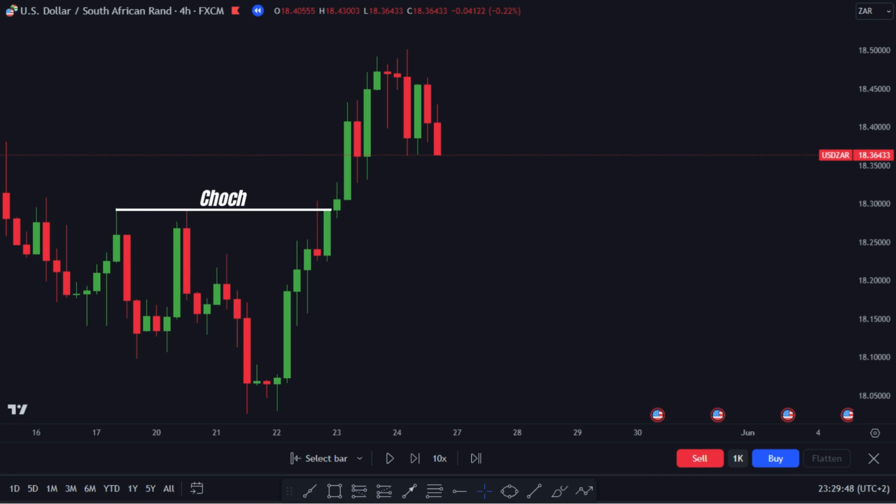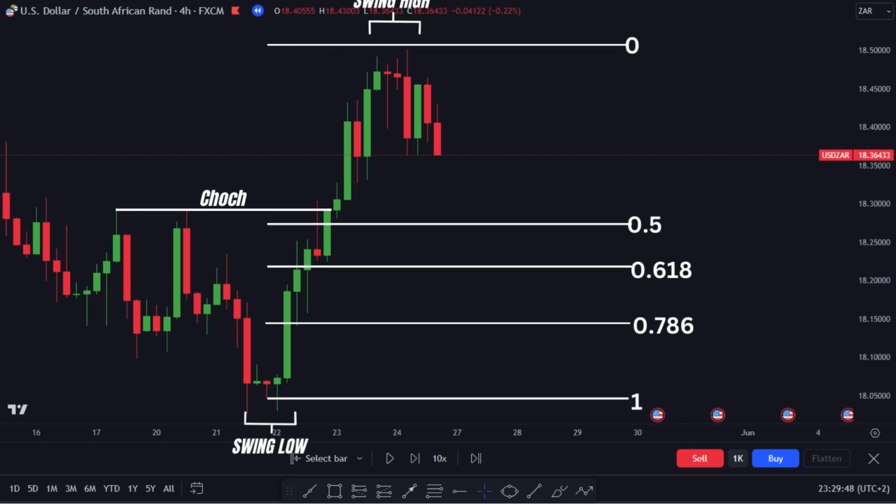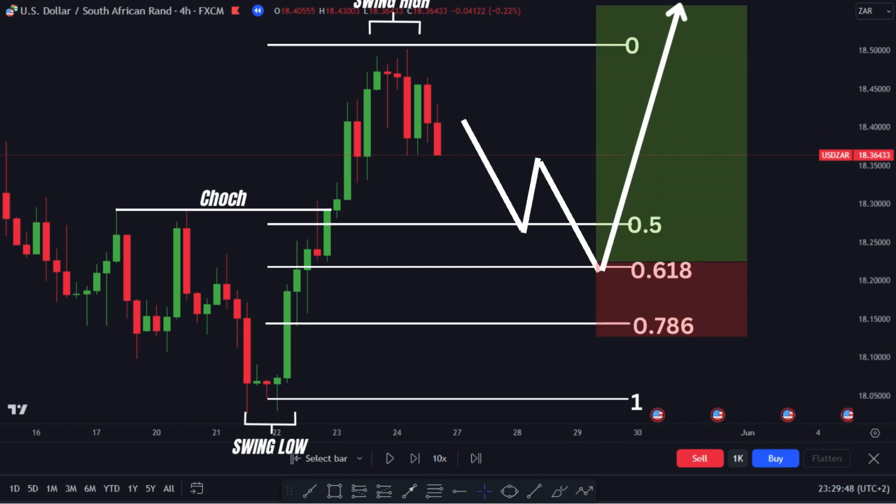Next, we need to identify key higher time frame zones for potential buying opportunities. To do this, insert your Fibonacci levels. From this higher time frame perspective, it is clear that price is most likely to retrace back to retest the 61.8% level, giving us the opportunity to enter our buy positions. Let's transition to the lower time frame to see if we can catch short-term selling opportunities during this retracement phase. But remember, once price interacts with the 50% level, we stop looking for short-term selling opportunities and start anticipating long-term